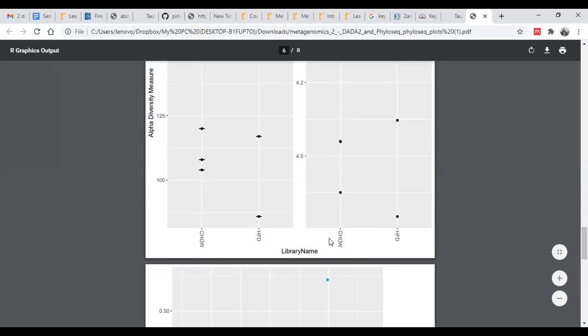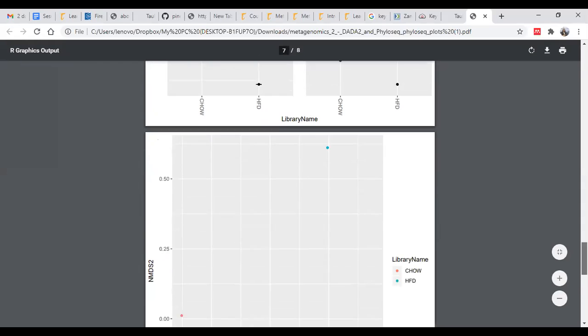So this is how you can analyze your microbial composition data.